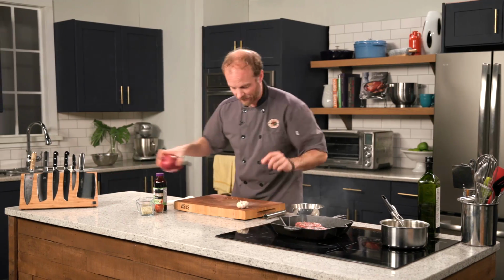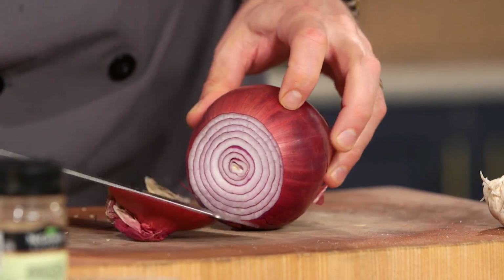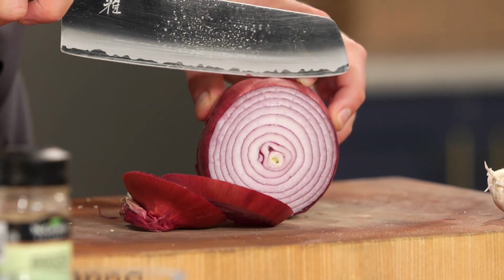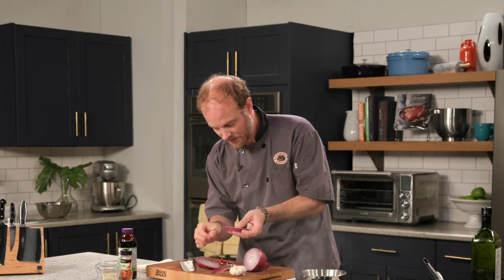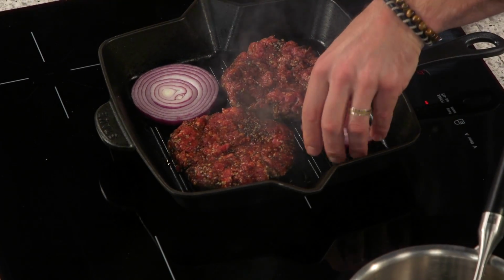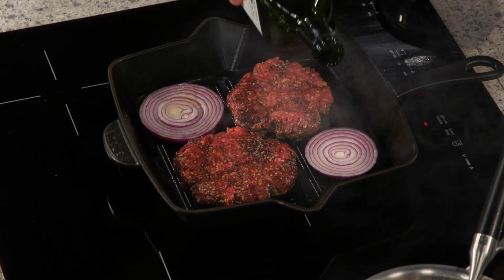Let's go ahead and grab some red onion. I wanna get a couple of rings of red onion grilling in there with my burger. That's all I'm gonna do, slice this onion into rings, about yay thick. Just peel off the skin, and we'll get those into the pan. Maybe give them a kiss of oil, just a little kiss. And while that cooks away,